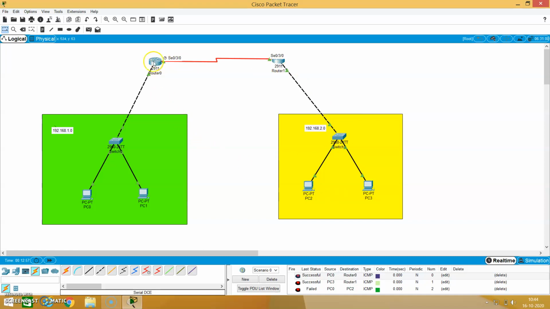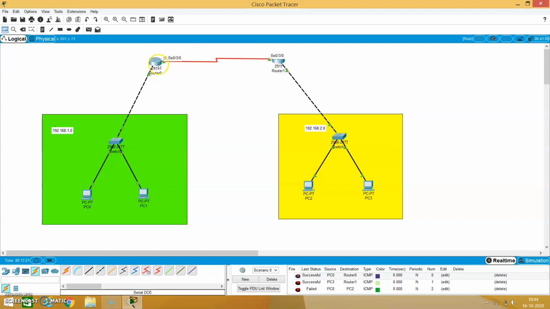So we need to tell the router that to reach this second network, that is the 2.0 network, this router should forward the packet to the second router on this interface. So listen here. Suppose PC0 is sending a packet to PC2. This packet will first reach this interface.